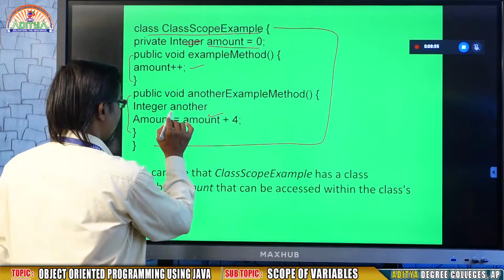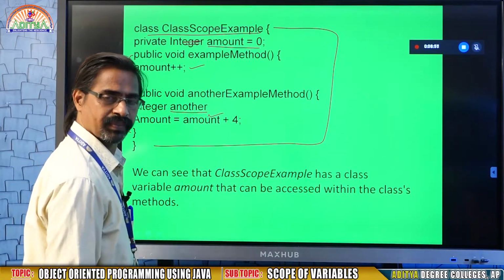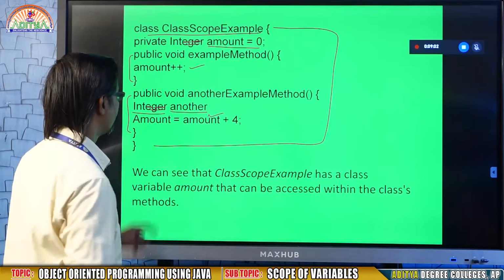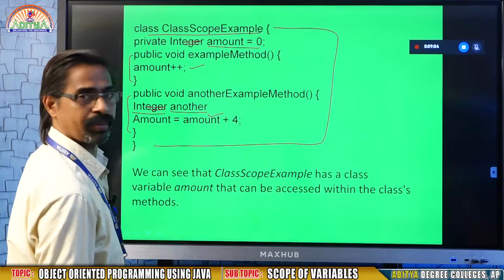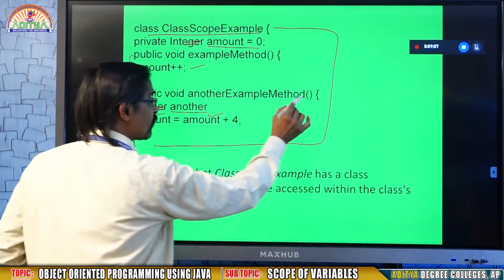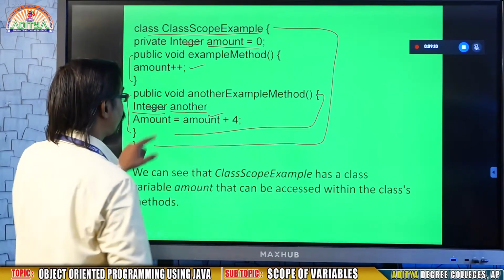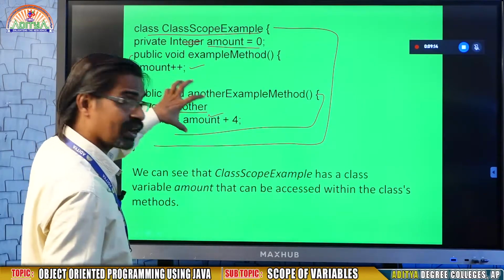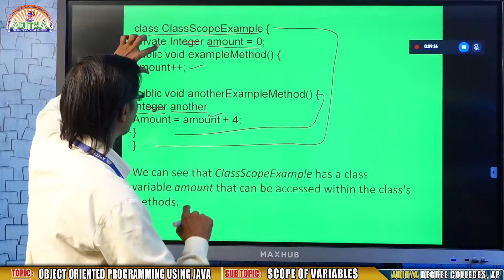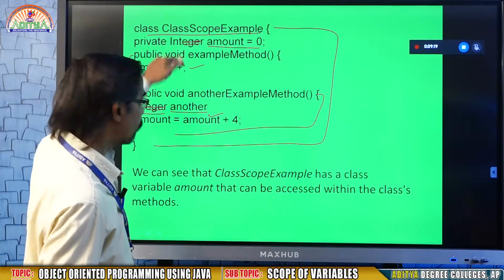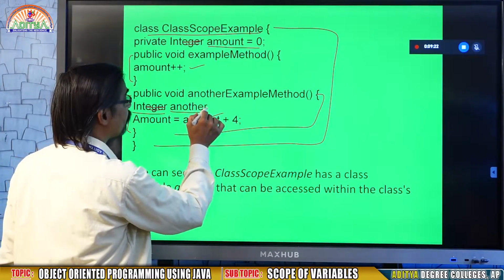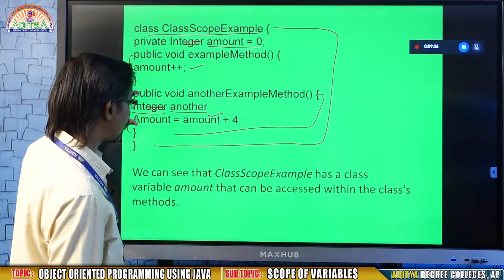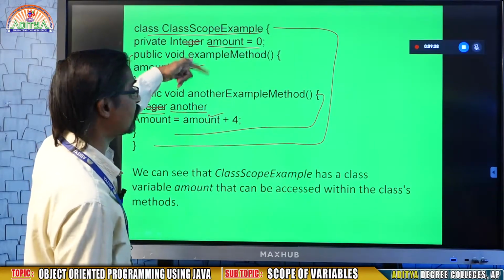Now see here I defined a variable another. It is of type integer, and of course we write int. Another as integer type has its scope within this method only. If you try to use another in the above method, it gives an error, because declaration is important. I asked you to declare outside of the method, but not inside of the method. It is inside of the method. So another is accessible within this method, but not in the other method.